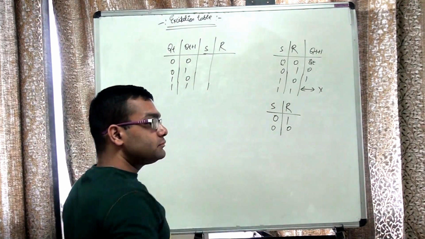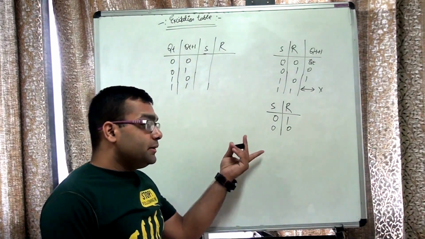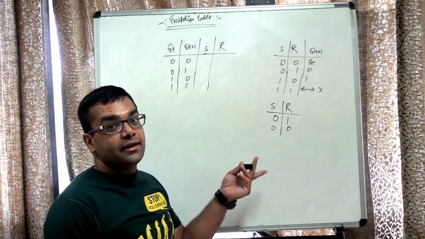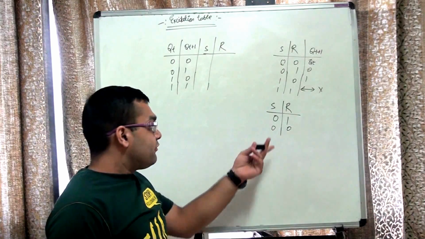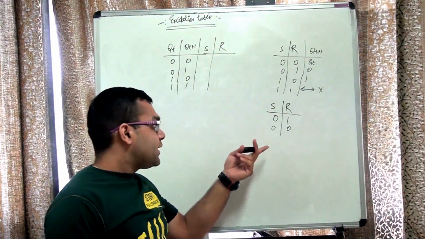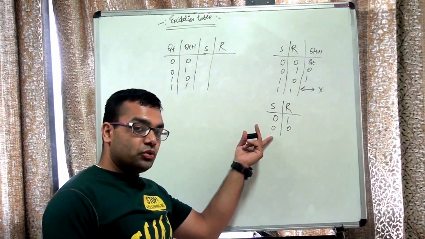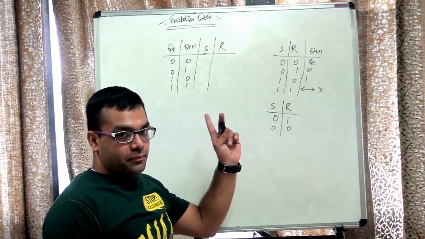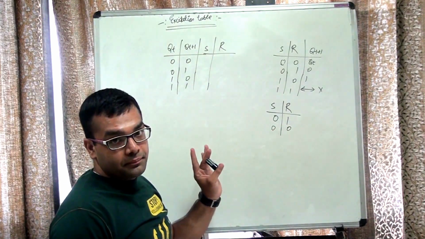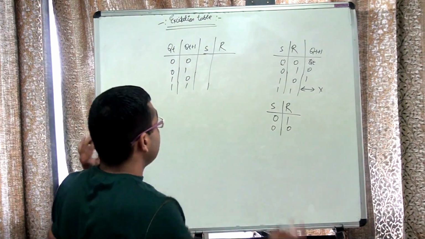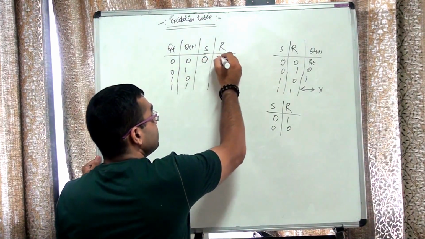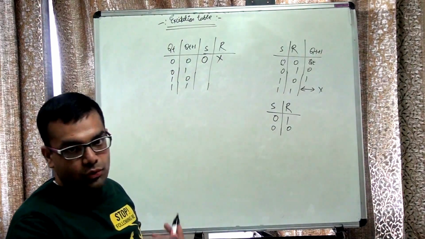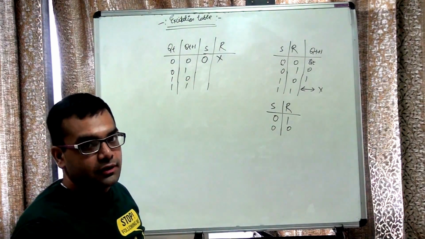Alright. These we see are the conditions that exist simultaneously. And from these we can make out that my S has to be definitely 0. Sorry, R can be either 0 or 1, so it does not affect my circuit. So what do I come up with? That my S has to be definitely 0. R can be either 0 or 1, so I put in a don't care over here, a cross as a don't care, as we saw in the K-maps.